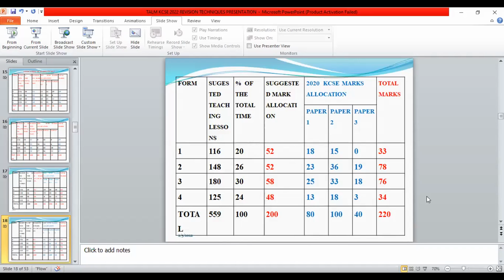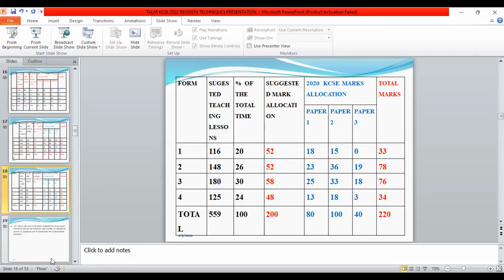Some of them we all know, like covering the syllabus with a lot of pressure, lack of facilities. But what we need to do is that, for example, if we have an activity whereby maybe we do not have those facilities, we can maybe make use of what we have talked about, ICT. And if the worst comes to the worst, we can at least attempt to discuss that practical activity with the students. And once we do that, I know our learners will have covered the syllabus comprehensively, and then they will not be at a disadvantage when, for example, we have certain areas of the syllabus being emphasized more than the others. Let's now go to the third observation, the next slide.